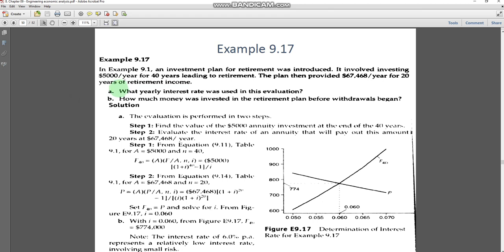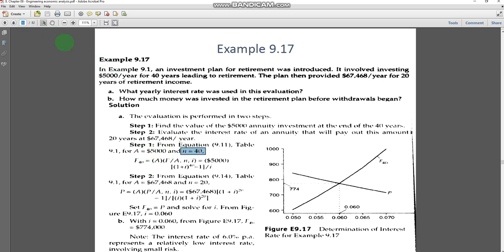We will use the timeline throughout the retirement, and how much time would be taken after the retirement. Okay, so we can start with this one. We have the value for the annuity, which is $5,000 that the person will submit for 40 years. So A is $5,000, the number of years N is 40, and after 40 years we will see what the final value should be, depending on the annuity and the number of years provided to us.